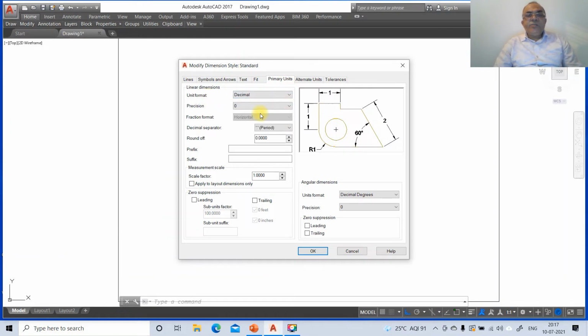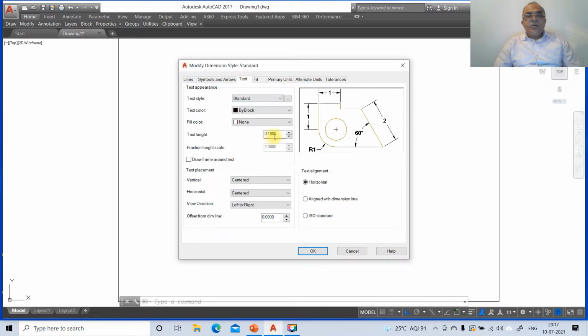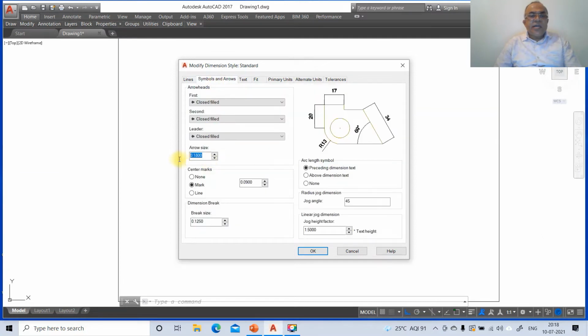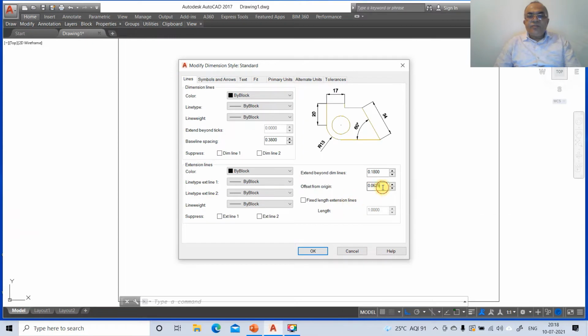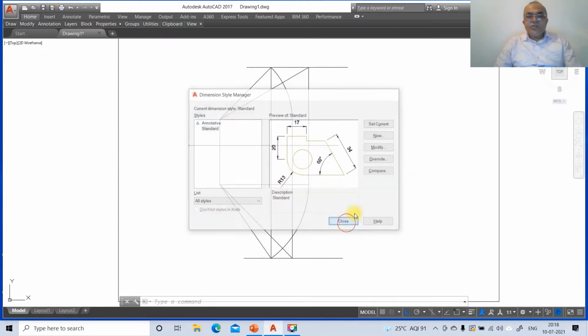Then go to text. Text height as 3, and then align with the dimension line. Vertical centered becomes above, offset from the dimension line as 2. Then go to symbols and arrows, take the arrow size as 3, and then go to lines, take the offset from the origin as 2, and say OK, and then close it.